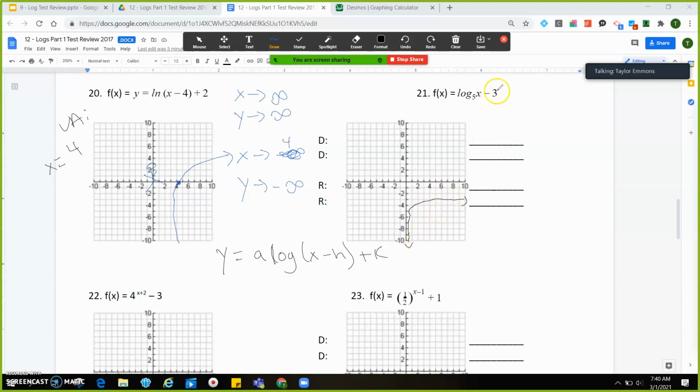But notice how our vertical asymptote is 0. It is 0 because there are no parentheses around this x, so there's not a minus 4 inside the parentheses. This minus 3 happens outside, which is what brings it down just a little bit. The end behavior is as x